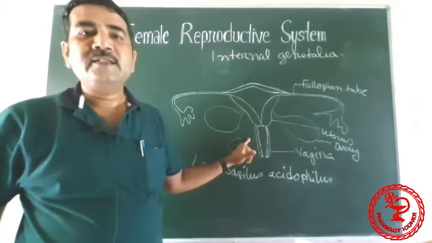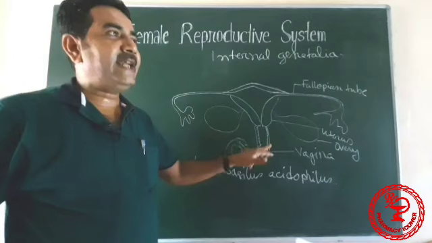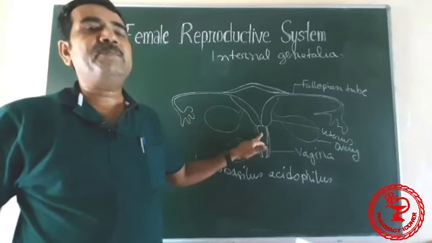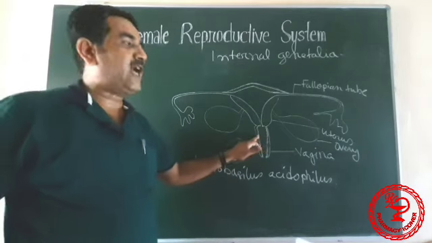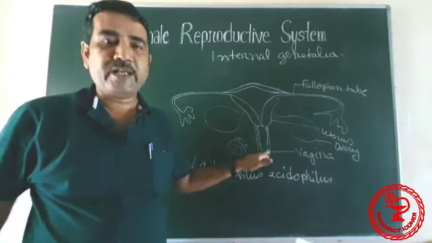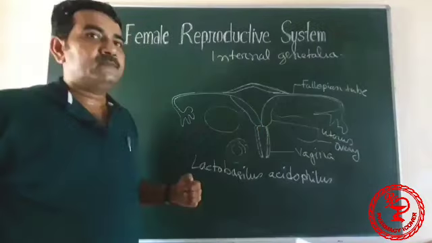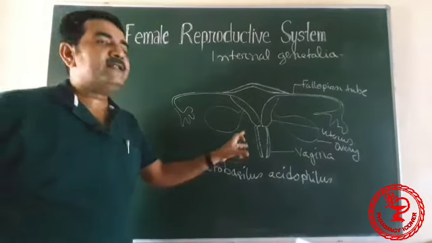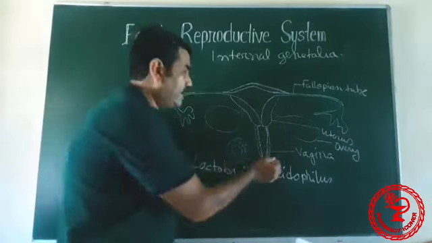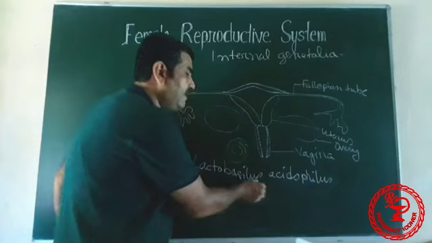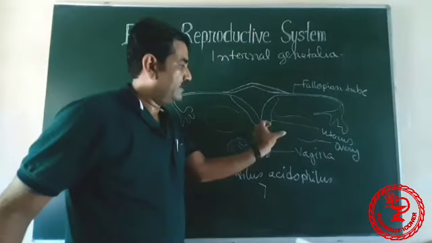During coitus, the penis is inserted into the vagina. So it is a receptacle of the penis. Second, semen is deposited into the upper portion of the vagina. And third, during childbirth, it acts as a passageway for the delivery of the child. These are the functions of the vagina. The vagina is a 9 centimeter tube which goes upward and then bends backwards. So this is the size of the vagina.